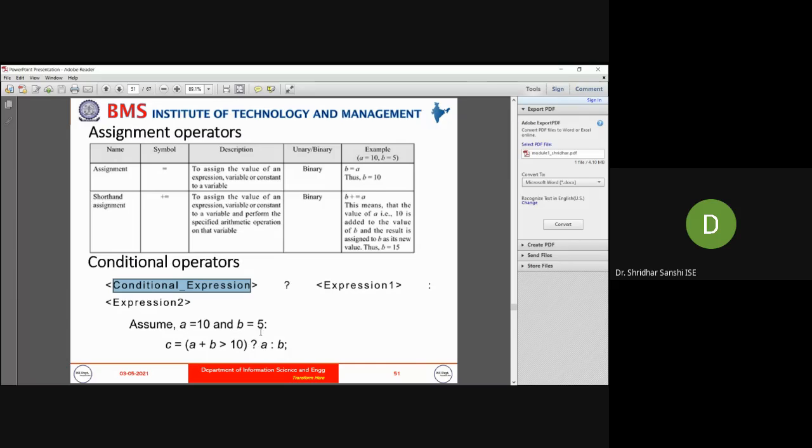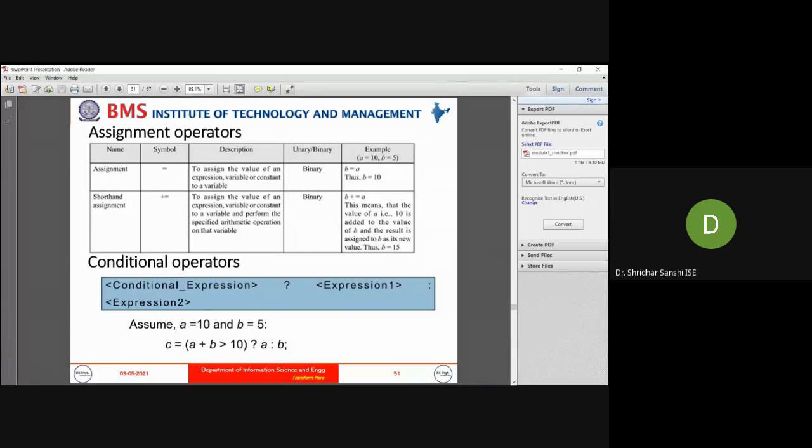This expression results in either true or false. If this conditional expression is true, then expression 1 is executed. If it is false, then expression 2 will be executed. Okay, so this is the syntax for writing a conditional operator.